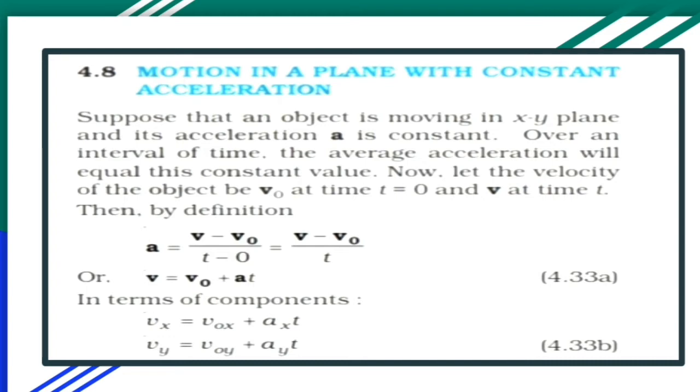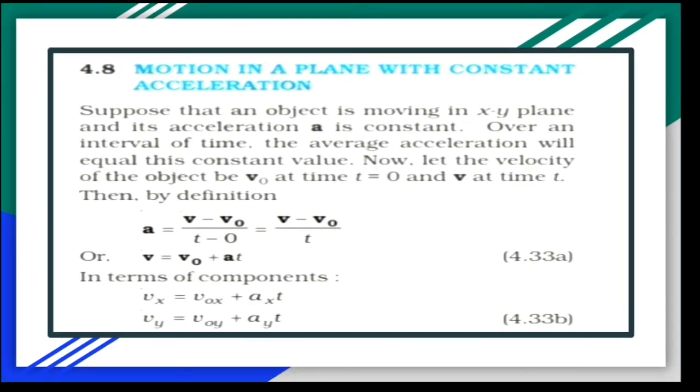In both the forms, we can write the equation of motion. Coming to the first equation of motion, we know the equations of motion we derived for a body which is in uniformly accelerated motion. The same condition exists here also. So we have vector a is equal to (v minus v0) by t. So we are considering a body which is in motion with constant acceleration, that means uniformly accelerated motion. For such a motion only we derived equations of motion. And we know a is equal to (v minus v0) by t, or v is equal to v0 plus at.